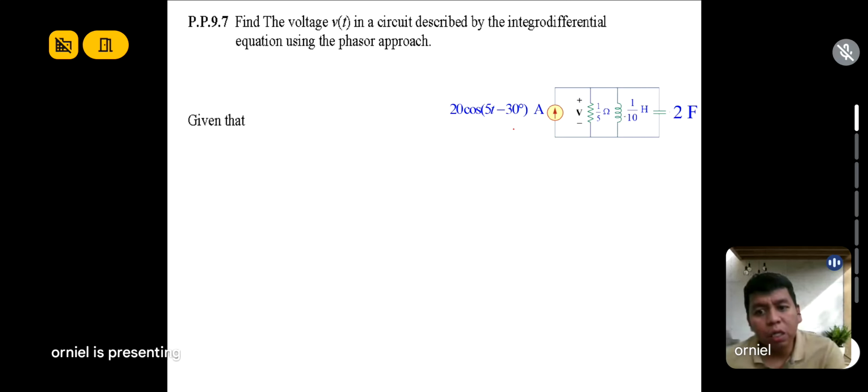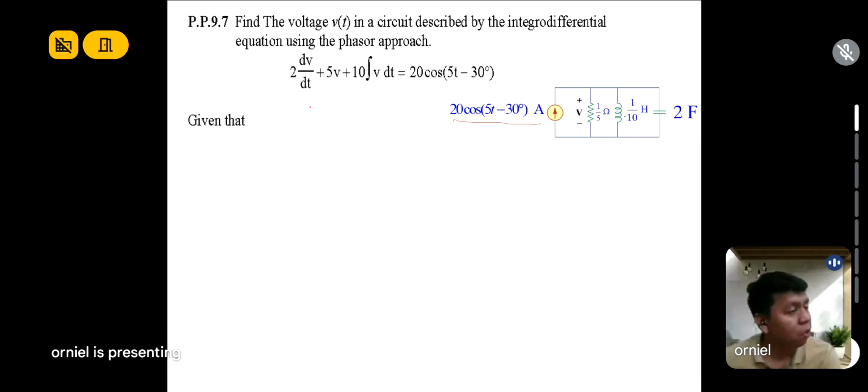So, as you can see, naa tay resistor, naa tay inductor, naa tay capacitor. Wala na tong time, ha? Wala na to yung time, wala na tong at t is less than 0, at t is greater than 0, wala na to. Kani siya automatic ni siya. Kini naka-time domain naman siya, meaning AC circuit ni. No? By given this kind of a circuit, how do we approach this one to get the value of V of T? Now, basically, no, by differential equation, you can do the differential equation by the way.